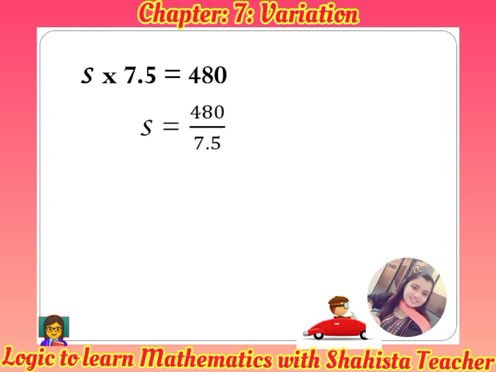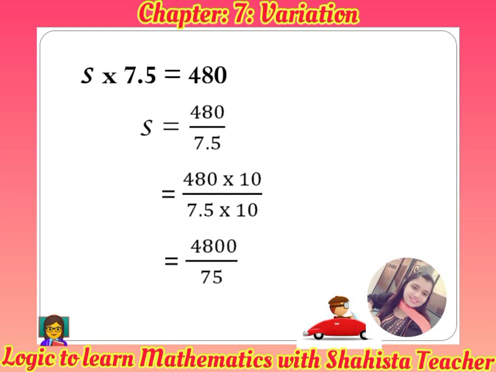So S is equal to 480 is the numerator and 7.5 is the denominator. आप यहाँ पर मल्टीप्लाई बाय 10 करके डेसिमल भी रिमूव कर सकते हैं या आप डायरेक्टली मल्टीप्लिकेशन कर सकते हो. सो 7.5 को मल्टीप्लाई बाय 10 किए, डेसिमल रिमूव करने के लिए न्यूमरेटर में भी 10 से मल्टीप्लाई करना है, डिनोमिनेटर में भी. डेसिमल पॉइंट रिमूव हो जाएगा, 75 मिला. 7.5 मल्टीप्लाई बाय 10 75, 480 मल्टीप्लाई बाय 10 4800. नाउ 75 के टेबल में हमको देखना है 4800 कब आता है. सो सिंपली वी हैव टू डिवाइड 4800 बाय 75. सो हियर 64.